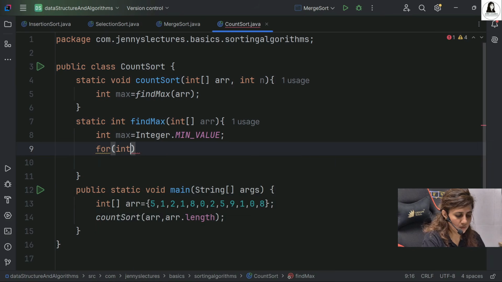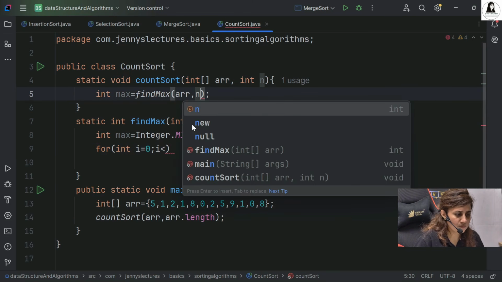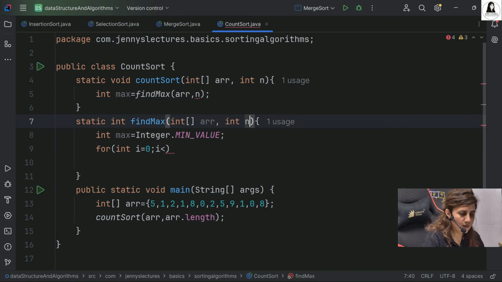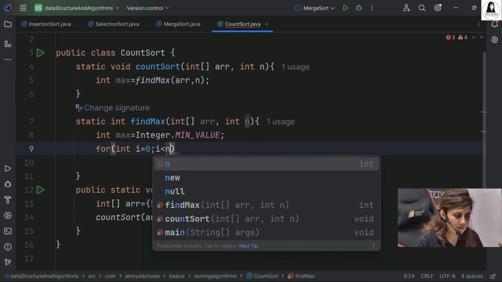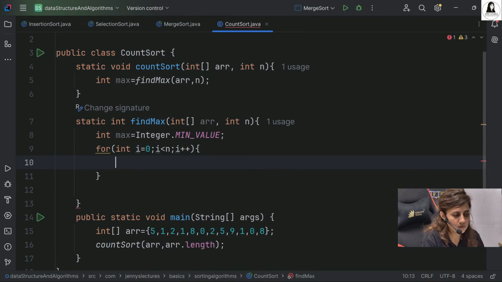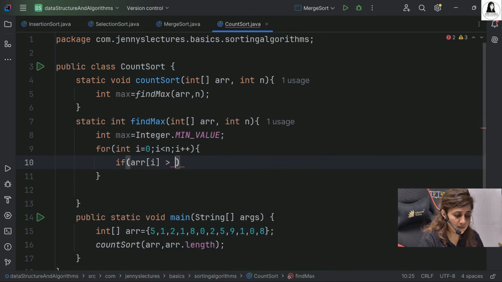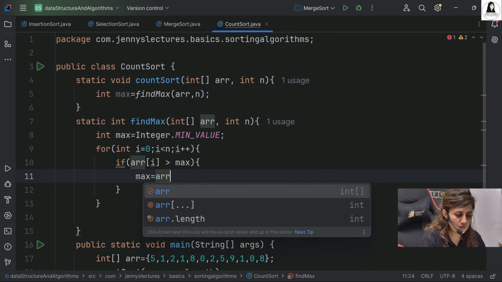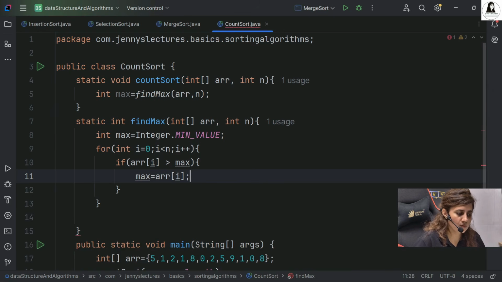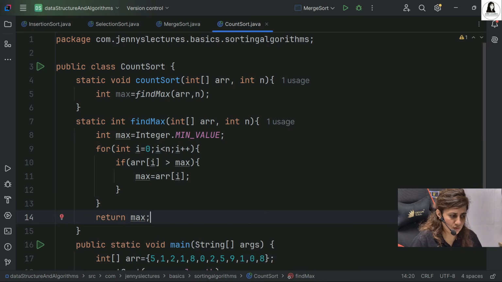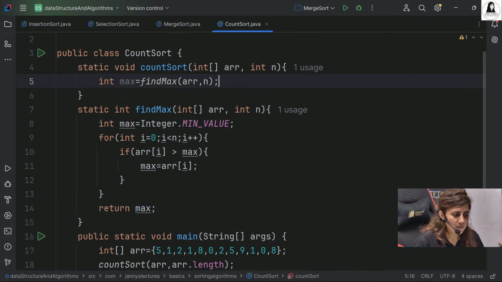Now, for I, traverse the given array from 0 till I less than the length, or I can pass here n, so int I less than n. Till then we traverse and we check if the element array of I is greater than whatever I have assumed as the starting max. If it's greater, then I'll change my max. Max is equal to array of I. Simple. And at last I'll return whatever the max is. That's how you find out the maximum element. It's not tough. Now you got the max element in max.